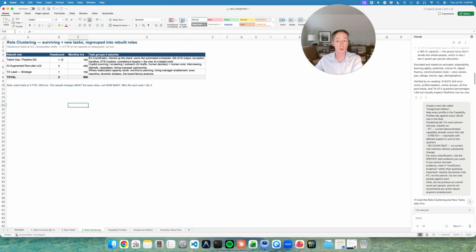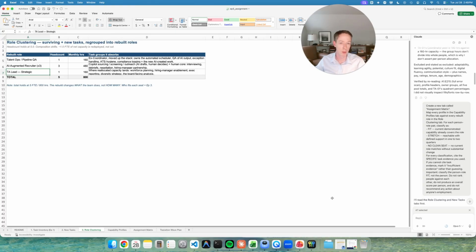what we've said is that there are now 3 new roles, 5 total headcount again, and the roles have actually shifted in that we have a talent ops and pipeline QA, 3 AI augmented recruiter roles, and then 1 which is more of a strategic TA lead. And we'll see how they are building out from what we have determined in the past as we start to think about who we're going to assign and how the roles change with the transition plan. So we're not going to come to that just yet,